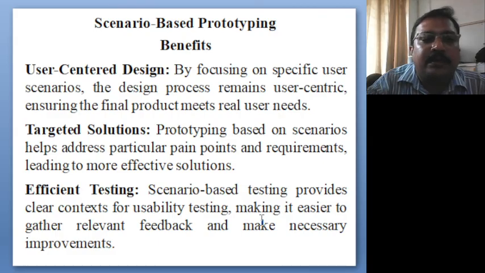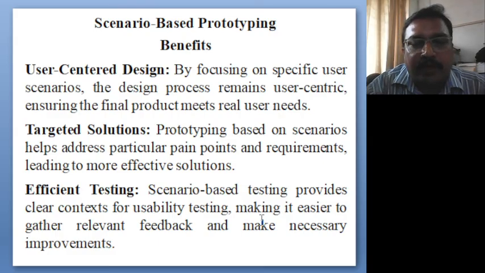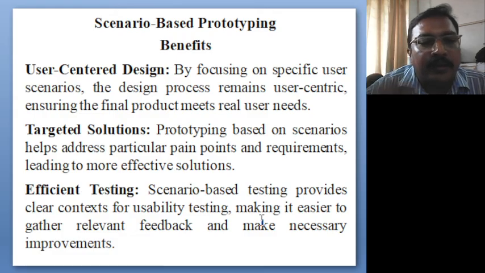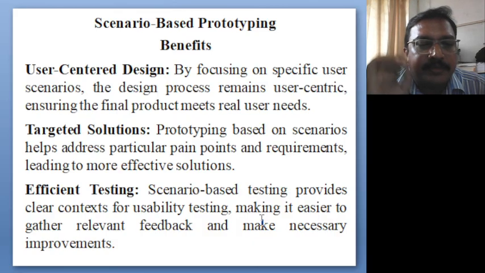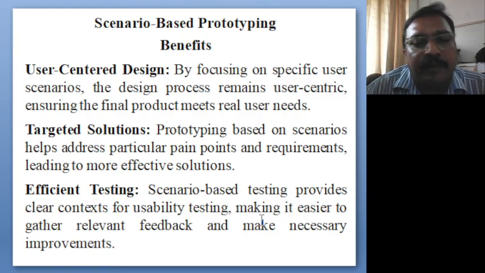So what are the benefits? It is user-centered design. I was the user earlier, so they asked me for my needs. Like me, many will be there, so my concern should also be there in that particular app. Others like Shamant want eco-friendly, so his concern should also be matched. So it is user-centered design. It has targeted solutions; everybody is getting their result. It is efficient testing. Scenario-based testing provides clear context for usability testing, making it easier to gather relevant feedback and make necessary improvements. So that's about module 3